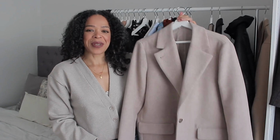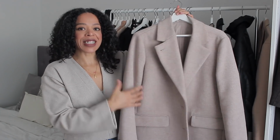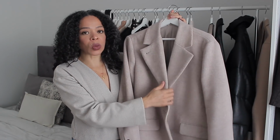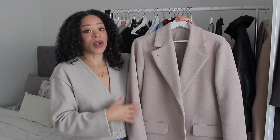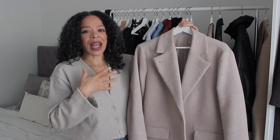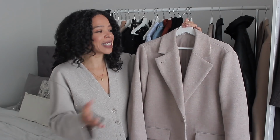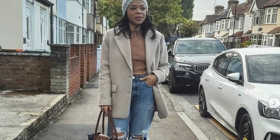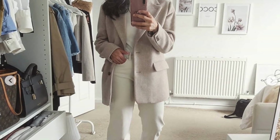Okay, so my next piece is a wool blazer from Another Stories that I absolutely love. I've had this for almost a couple of years. It is in a bigger size, and this is already oversized. I have it in size 42, but for me right now, I would have probably needed to go down to maybe a 40 to 38, but I love this. This was an investment. It retails for 165 pounds,